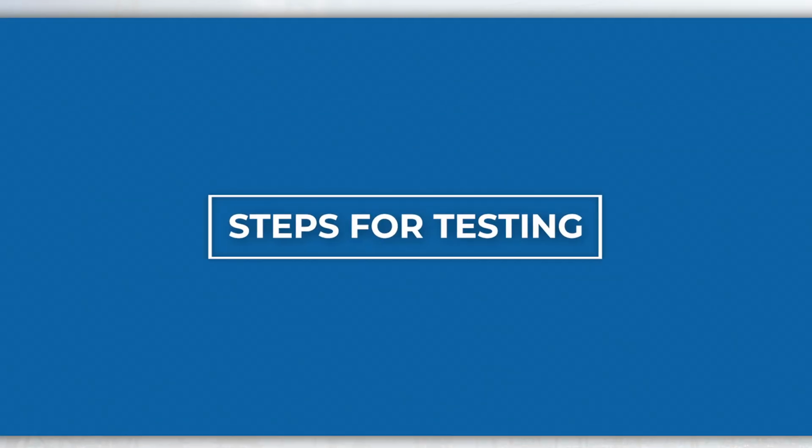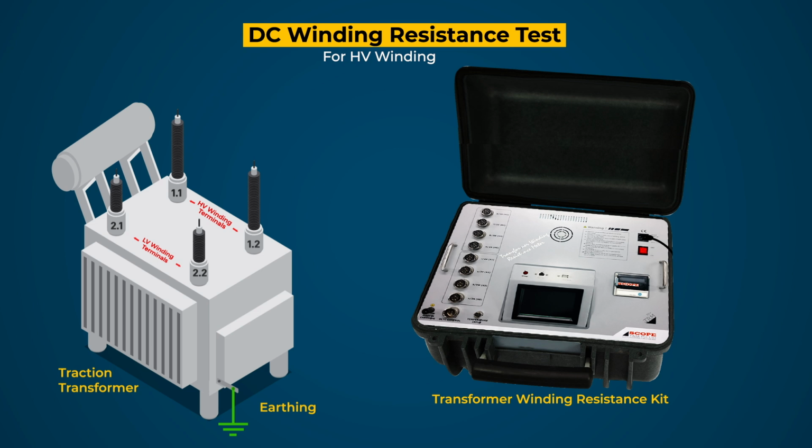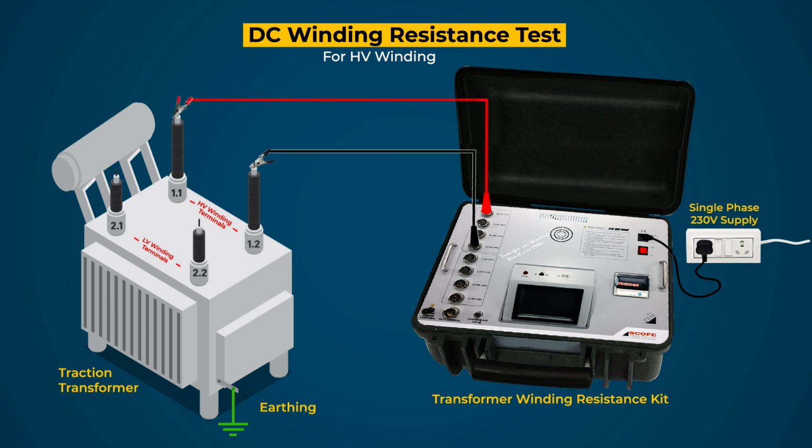Steps for testing. Here we are conducting the test for HV winding only. Keep the other winding, that is LV winding, open circuited. Connect the single phase 230 volt AC supply to the test kit. Connect HV lead to one terminal of HV winding and neutral lead to the other terminal of HV winding through clamp. These leads have two circuits, one for current injection and second for voltage measurement, and also connect the earth terminal to transformer earthing. After that, check all the connections and switch on the single-phase 230 volt AC supply and start